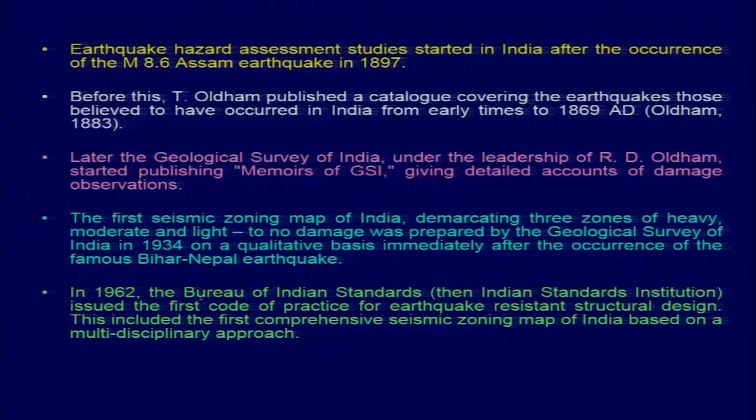In 1962, the Bureau of Indian Standards, BIS, then the Indian Standards Institution, issued the first code, that is a building code of practice for earthquake resistant structure design. This included the first comprehensive seismic zoning map of India, and that was based on a multidisciplinary approach. Usually when such maps are prepared, the past seismicity, that is historical seismicity, the ongoing seismicity, the damage pattern, the geological structures, and even the active faults are taken into consideration to come up with the